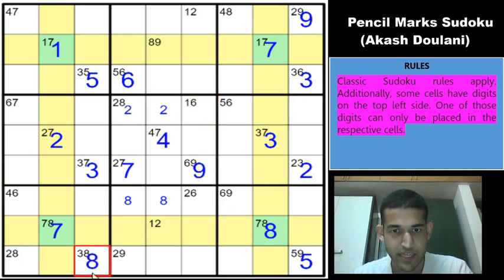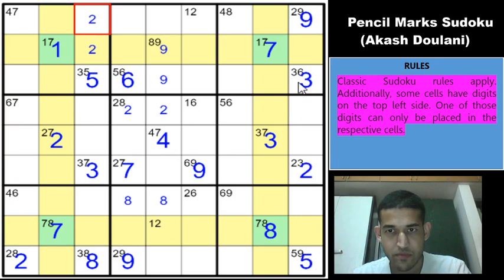Okay, there is an 8 here, which means that this cell cannot be an 8, so this will be a 2, and this cell will be a 9 because 2 gives us a 9 here, and there is a 9 in column 4 and column 6, which means that 9 must be in one of these two cells because 9 is in row 1, so 9 can't be here. Okay, there is a 2 in column 1, column 2, which means that 2 must go into these two cells. 3 in column 8 and column 9, 3 must go into these two cells, right? Because this can be only a 6 or a 9.